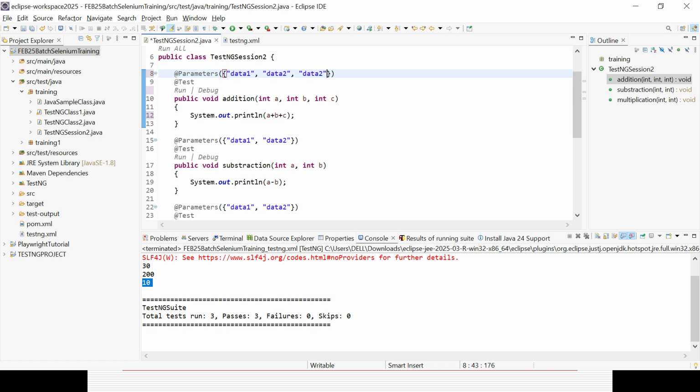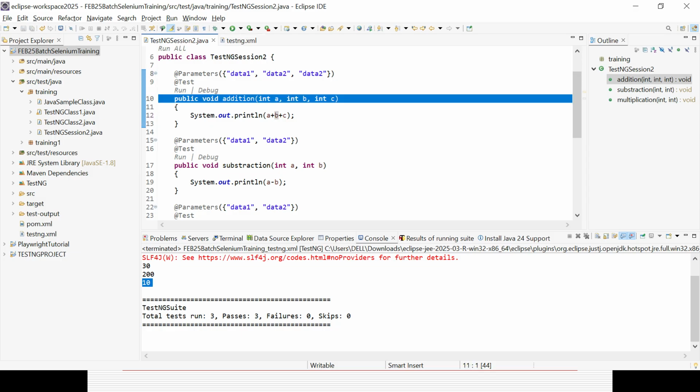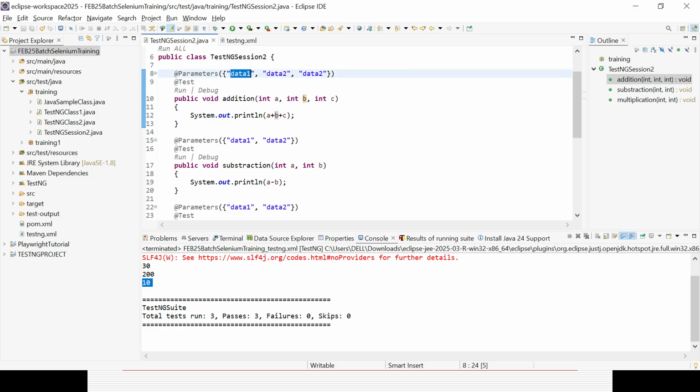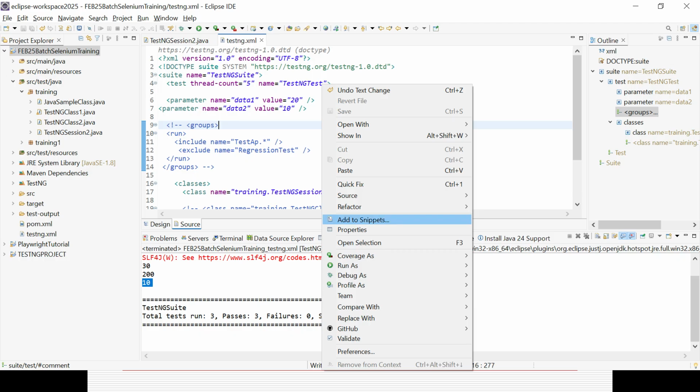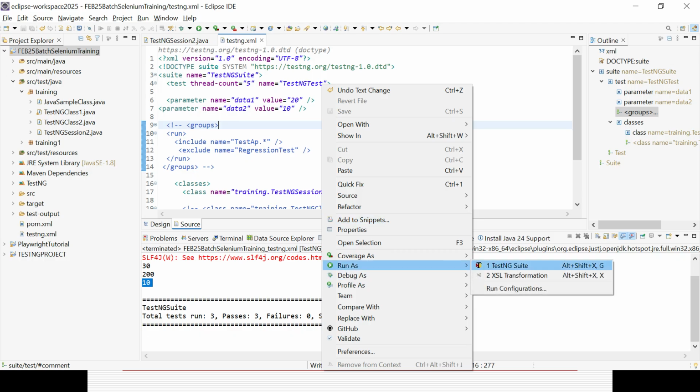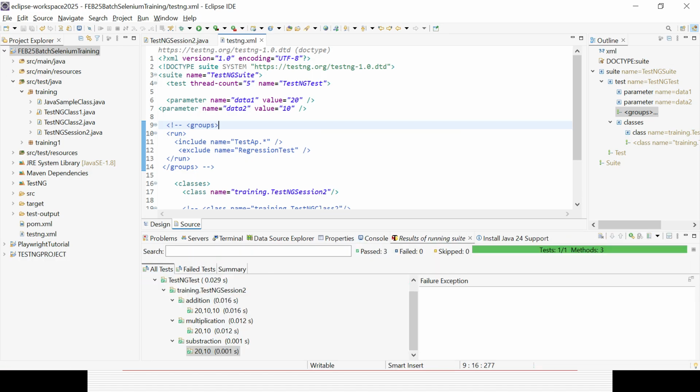Say I want to use data 3 as a third parameter. So now if you execute it, it will see. For this one, data 1 and data 2 will be added 2 times because data 2 is mapping with B and again data 2 is mapping with C as well. So now it will be A plus B plus C, means 20 plus 10 for some part. Instead of 30 it will be 40, rest will still be same. You could see